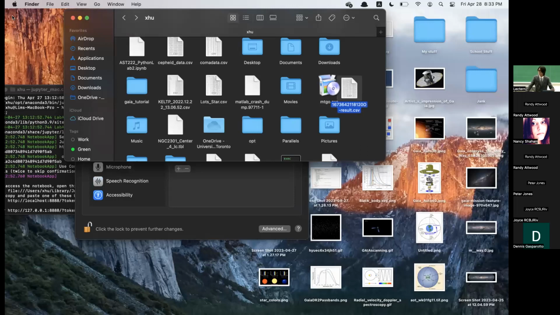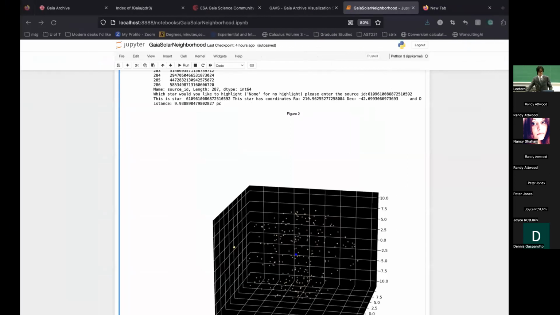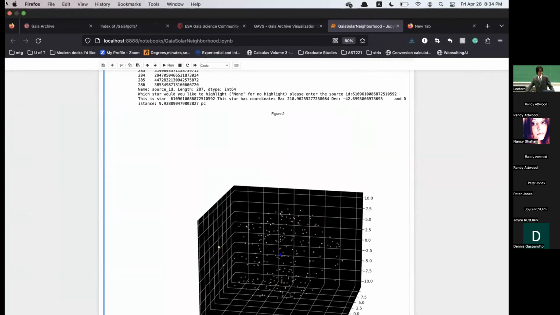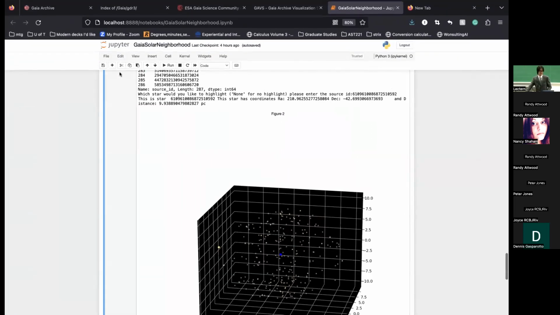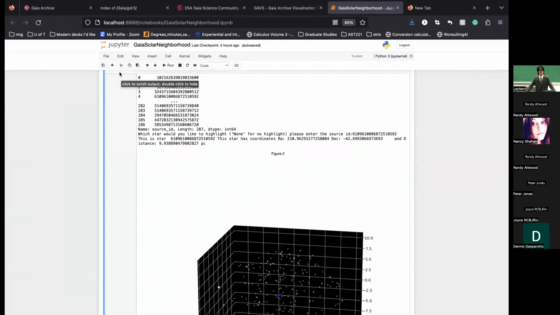And I'm only using 224 kilobytes, which covers about 10 parsecs. That goes to show how big the Milky Way actually is and how many stars are in it. This thing actually gives you all the stars based on the CSV file that you want. I think I tried one with 20,000 stars, and I don't really have the photo anymore, but it was clumped. You couldn't make sense of it.